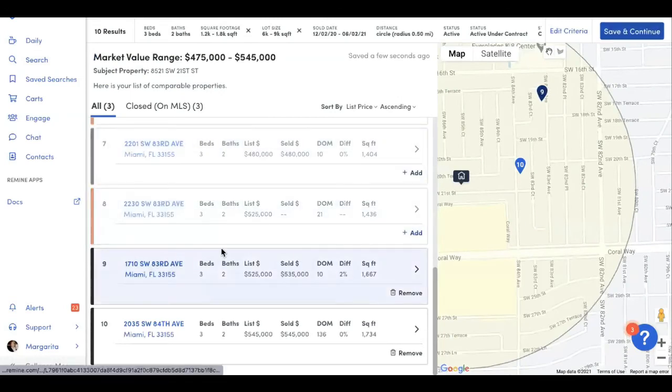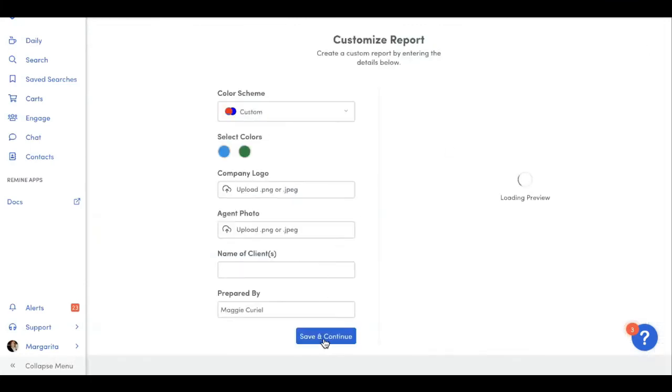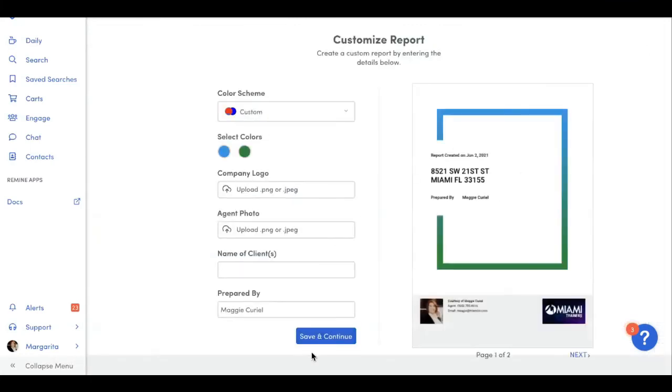All right. So we're down to the 3 that I had chosen. Once you're done removing anything that you do not want to keep as a comparable, in the top right corner, you can click on Save and Continue. Again, you cannot make adjustments. So what you have access to is selecting the comparables. And what's nice is it will search for sales that occurred on the MLS and off the MLS. You then remove any comparables that you do not want included in your report, and then you can move on